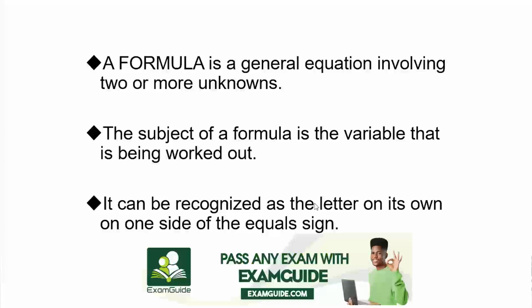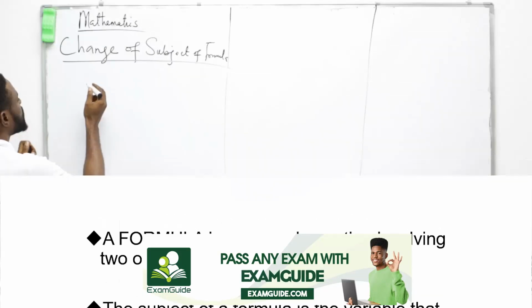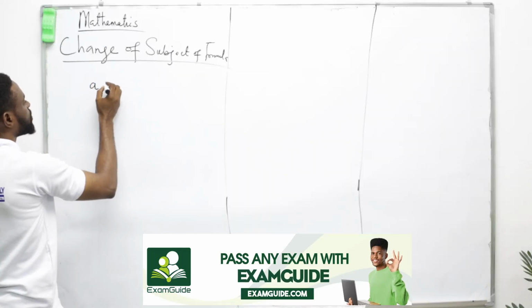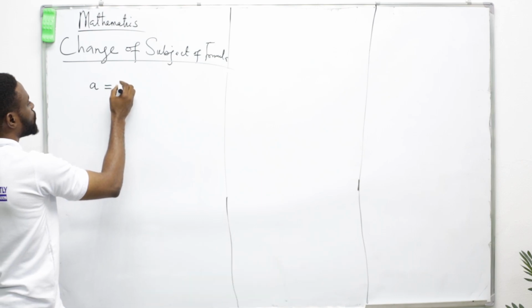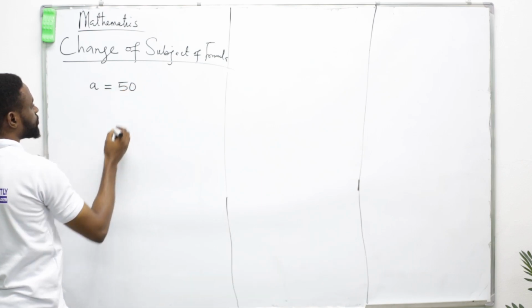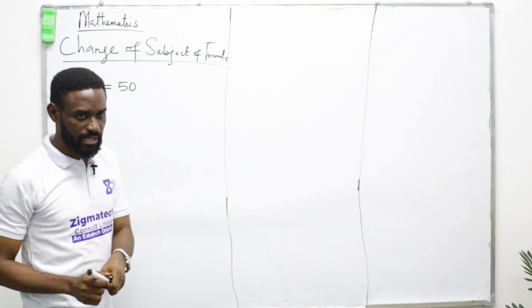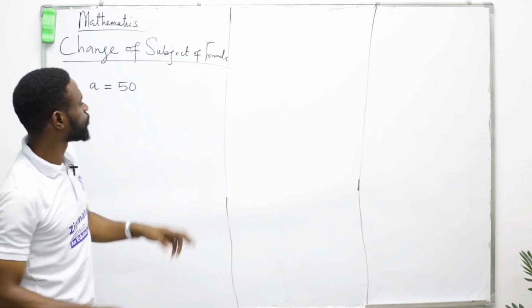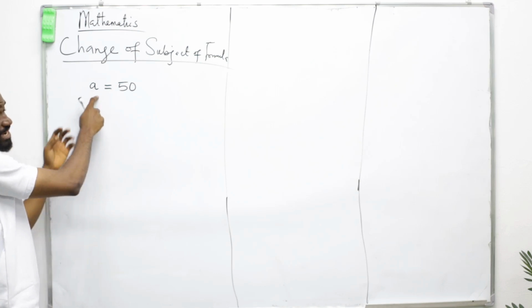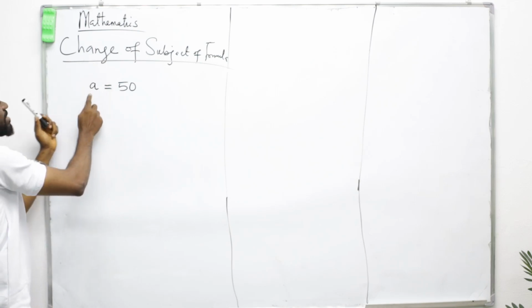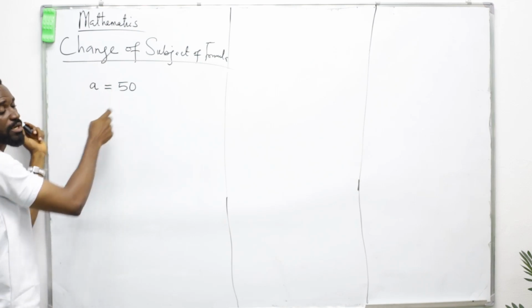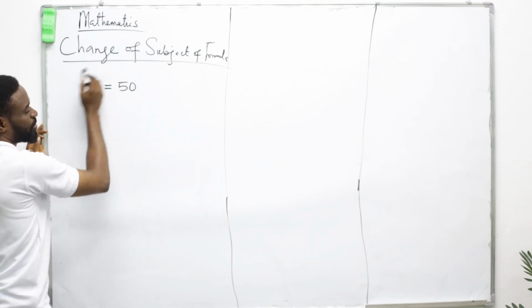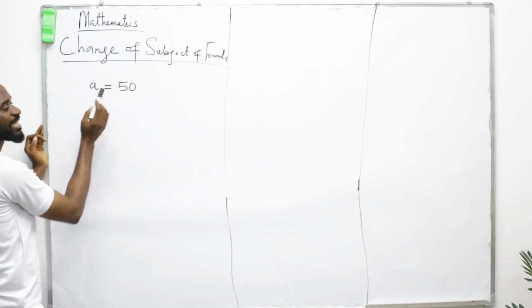First of all, we said a formula is a general equation involving two or more unknowns. For example, look at the board. If I have A is equal to 50. A formula is a general equation involving two or more unknowns. A is, let's say, an unknown. It represents something, because this A represents 50. Because this is a mathematical expression, there's an equal to here, but it does not